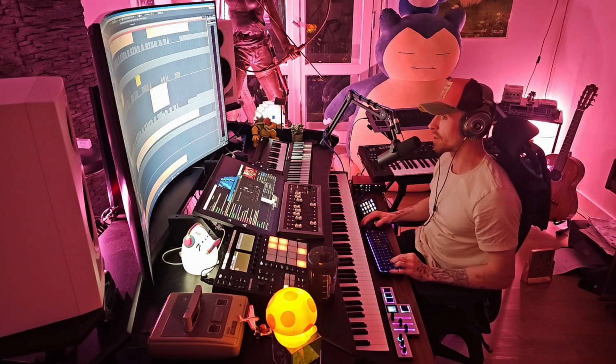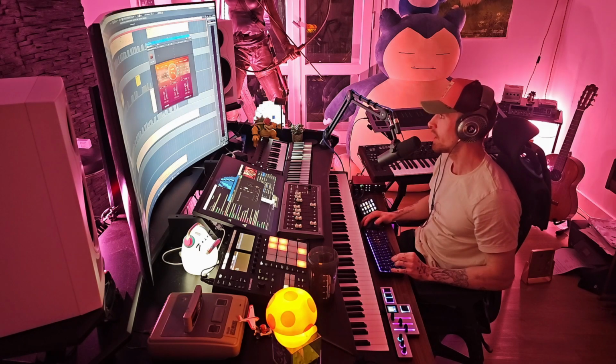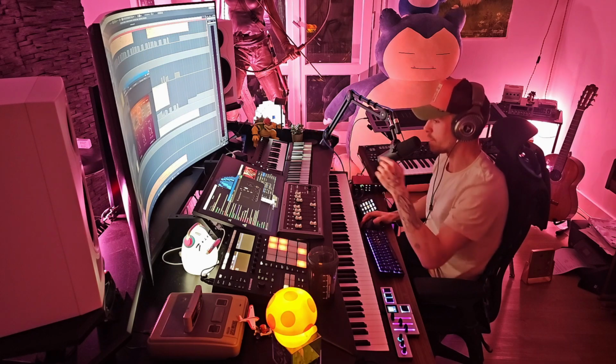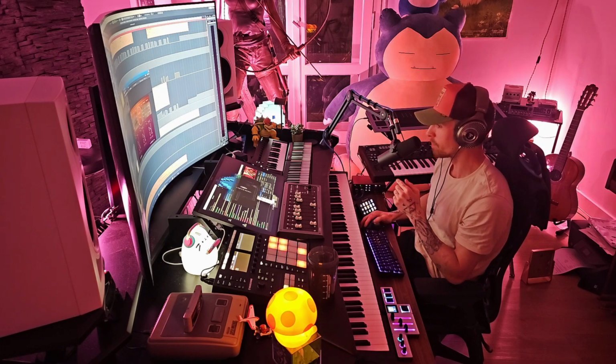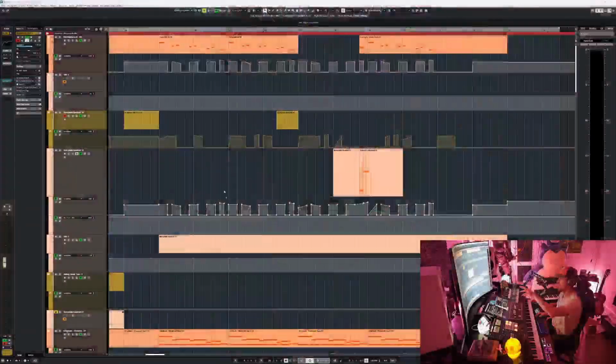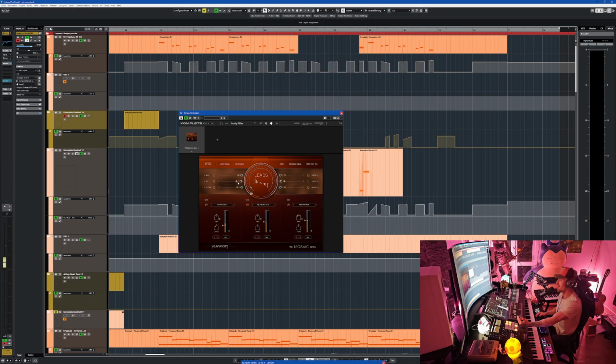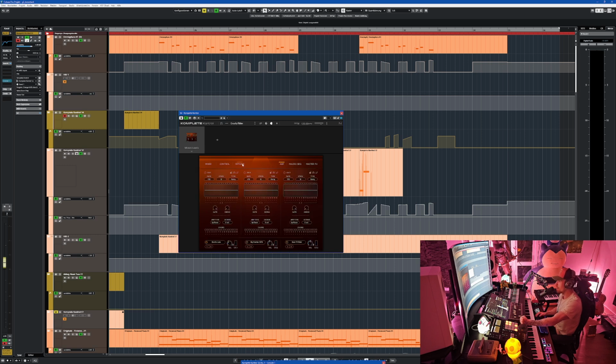When I started working with DAWs and stuff like that, I had no idea what the fuck. Let me get this thing here up again. I had no idea what I was looking at when I was looking at something like this. Here is stuff moving. Why? Because it's manipulated by an LFO. Then I was like, what the fuck is an LFO? I have no idea what that is. I was getting there step by step. Just like I wanted to learn everything about every single knob.